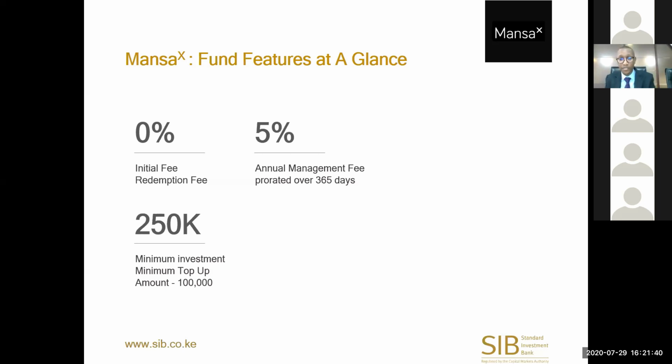Now, I know this is an important one for a lot of Kenyans. We've had a lot of Kenyans coming to ask us whether we are planning to reduce this amount. And the answer to this is that yes, we are. A big reason why the amount was at 250,000 shillings was really an administrative reason, not because it's hard to access these markets with lesser amounts. Because how the fund works is that even with lesser amounts, you could still trade those assets. But administratively, it was becoming very tedious for the investment bank to manage investments below this.